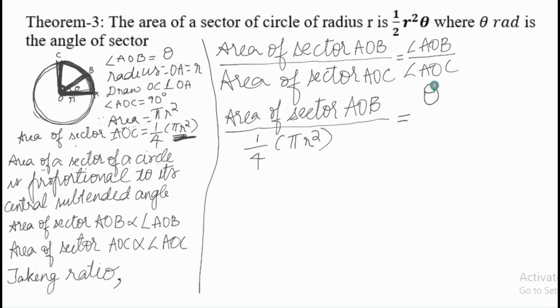And angle AOC is 90 degrees, which can be converted into radians as pi by 2 radians. So when we cross multiply this equation, we get